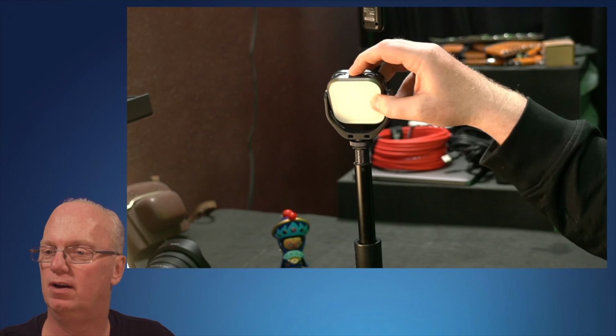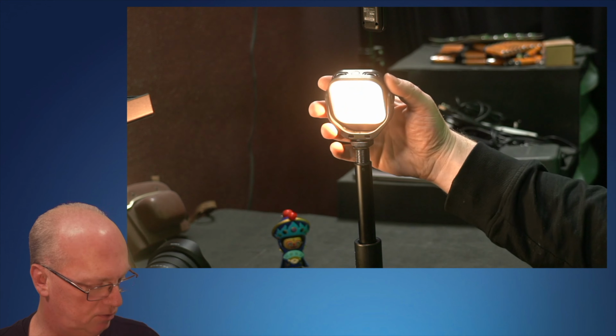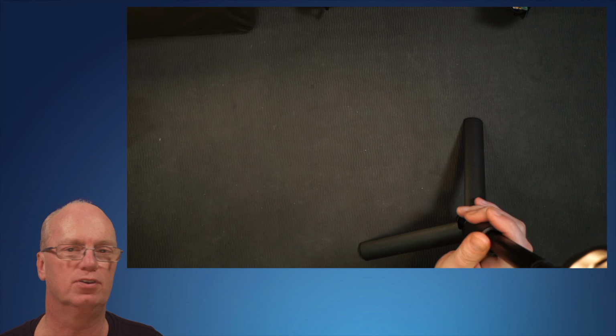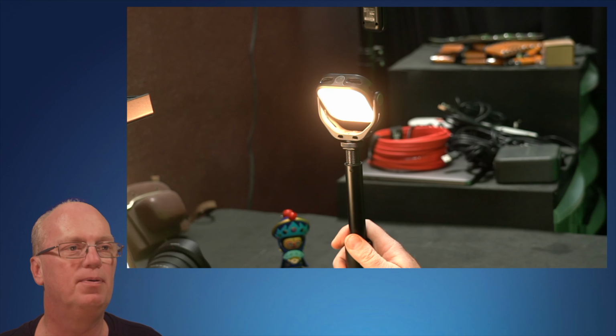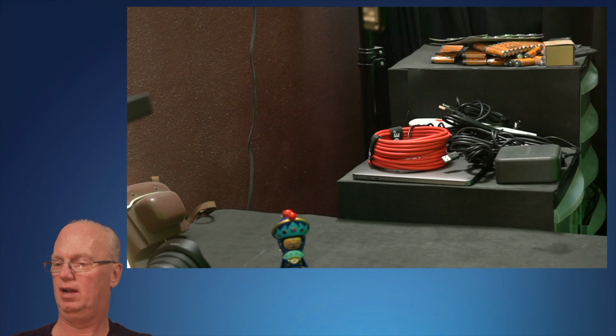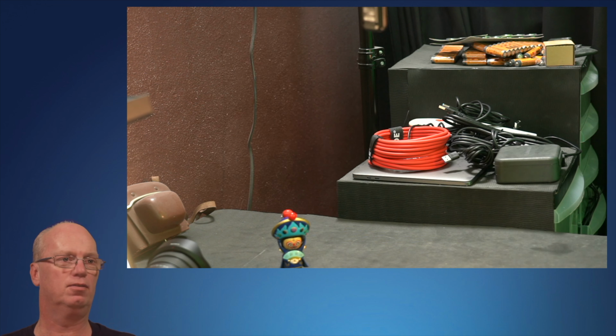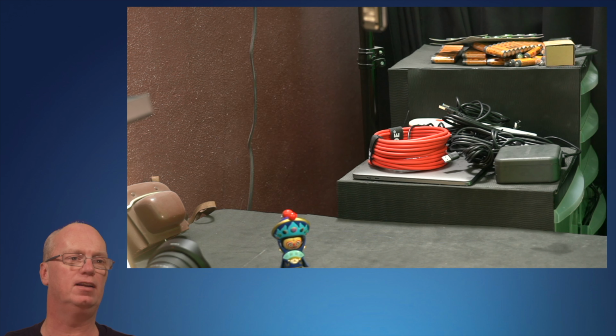If you aim it down and turn it on, you can light something up on your table. You can see it gives a lot of light. You can also change the color of the light, and you can see that it's throwing off quite a lot of light. This is already quite nice, but of course you can extend it up quite high. I'm putting it now next to me on the ground, and it's very workable. If I put the light on really bright, you can see that it's now